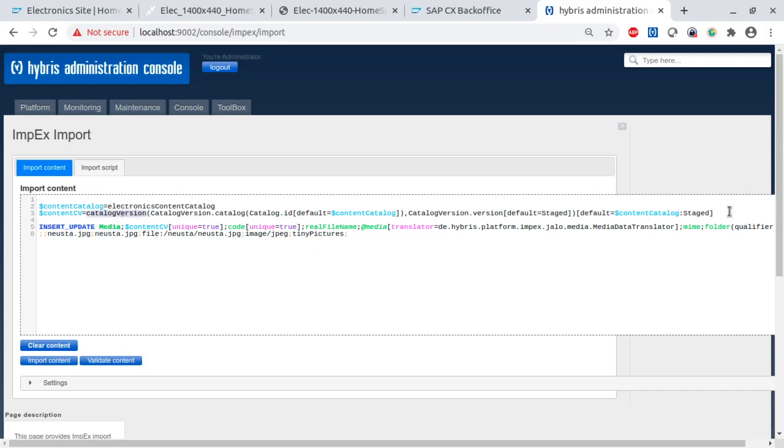catalog version, which is a little bit complicated. That's why I made a macro for that, and the content catalog is content electronics content catalog staged, down here. Okay, so what else do we have? We call this neusta JPEG, and we use this as a code and also as a real file name. Then we are using a translator which will upload the image from my file system into the database, and for that we have to use this translator, and then we're specifying a mime type, and we are specifying a